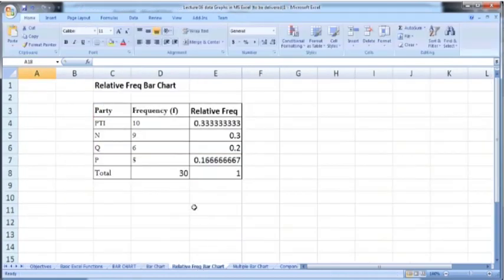So let us move to the relative frequency bar chart. So here is the data, the same data, the same frequency distribution. So in order to calculate relative frequency, just divide each of the frequency by the total frequency. So just put an equal sign and type D4 slash for division and then D8. So this will